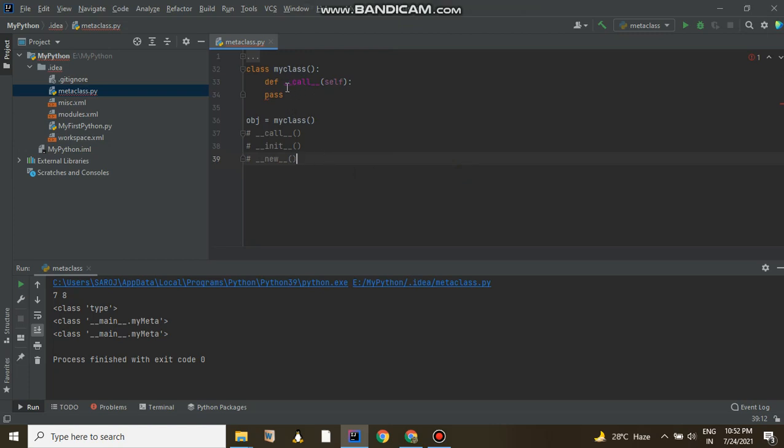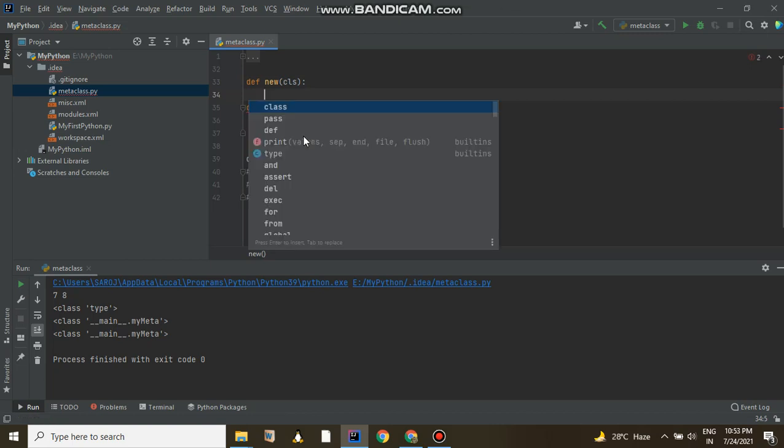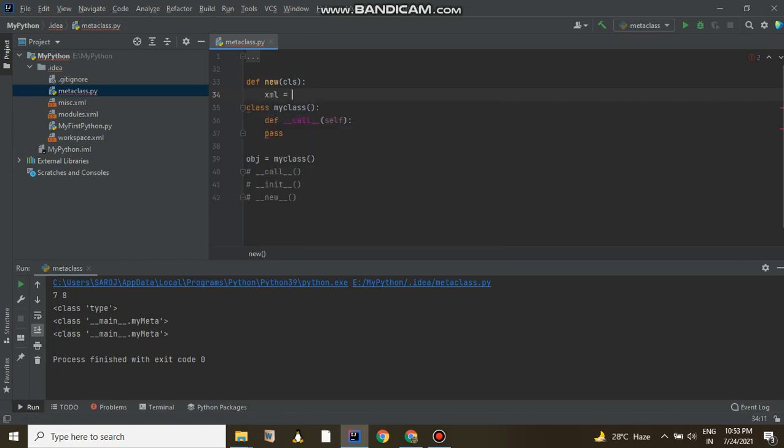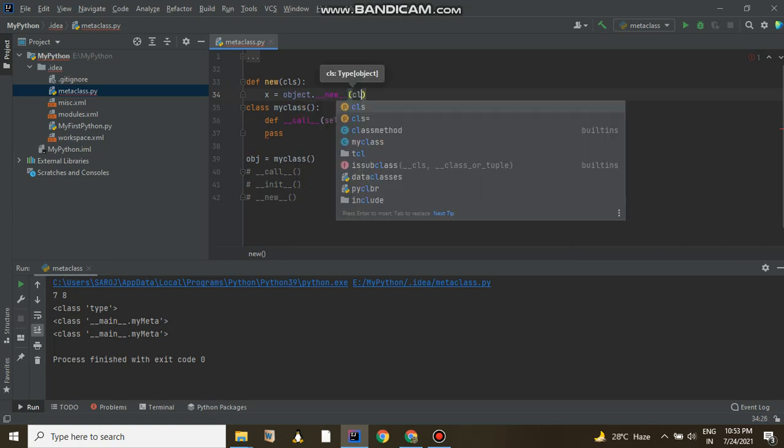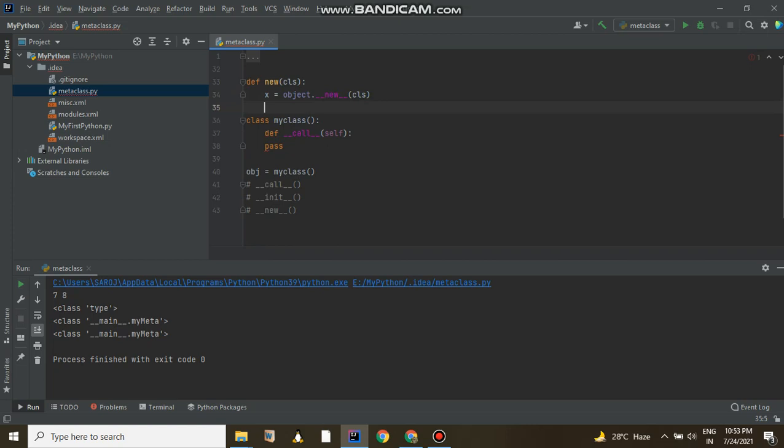So let me create one thing here. Suppose I am writing here def __new__(cls), then x equals object.__new__(cls), right?